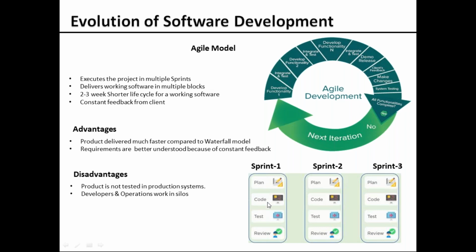You are planning it, you are coding it, and then you are testing it, and then finally you are giving it to the customer to give their feedback. In sprint one, let's say there are three requirements you are working on for the time being. All three requirements have been completed and you have given them for review to the client, and the client would give you the feedback.